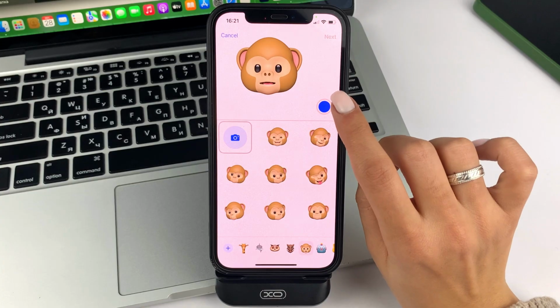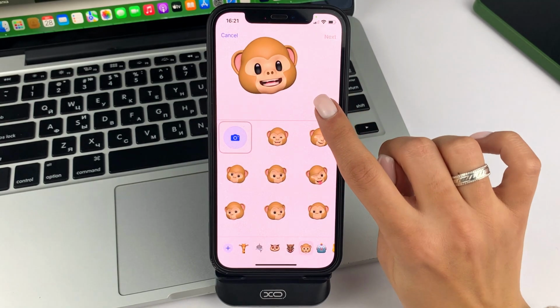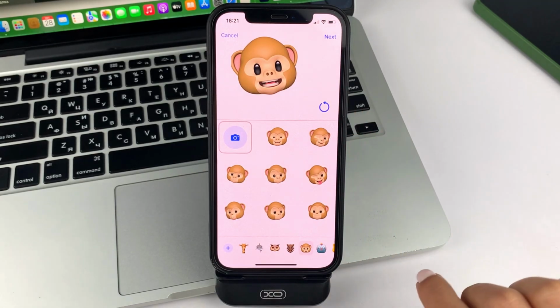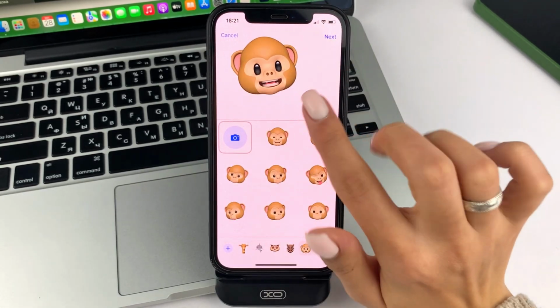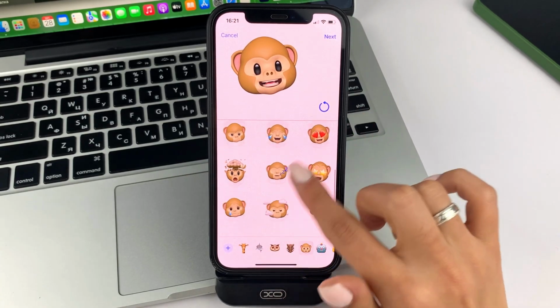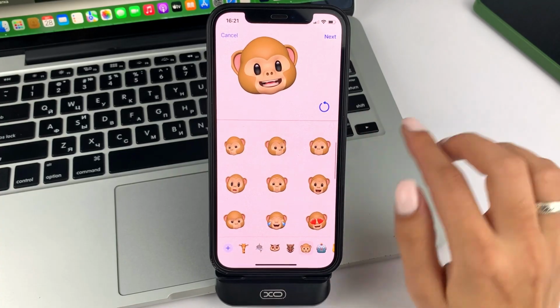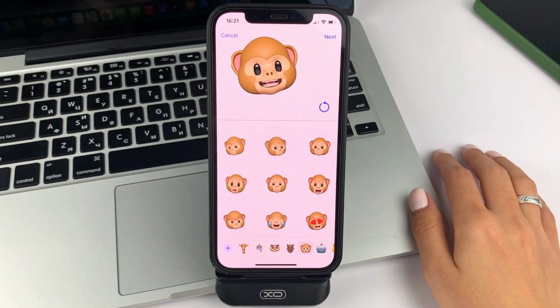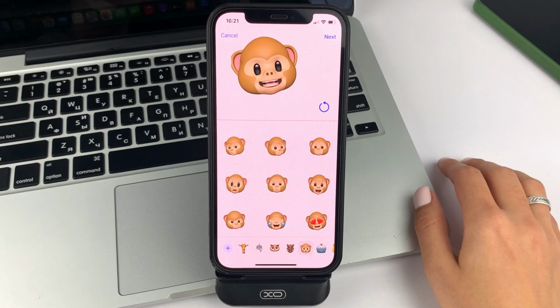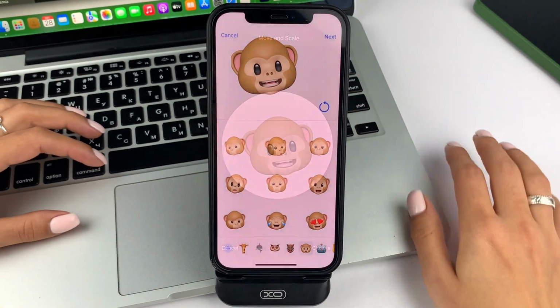So let's say now I'm going to stop in a certain position and take a photo. This is how you can see that a live photo is taken. But you can choose already from the below given some options that you like more. And when you have already decided on the option, just click Next.